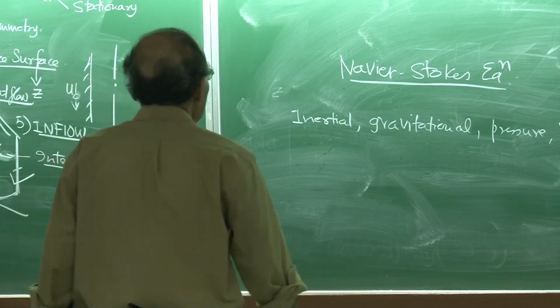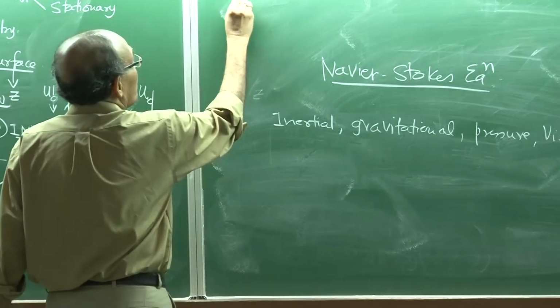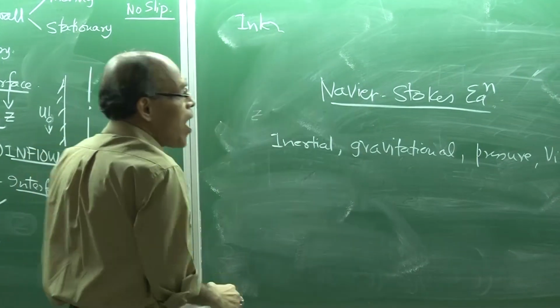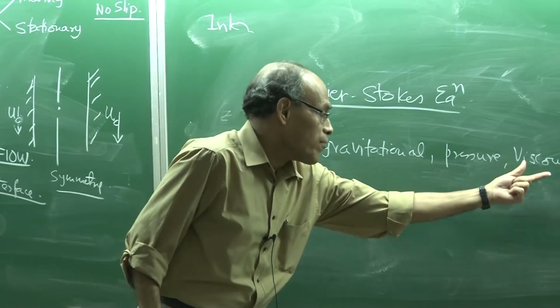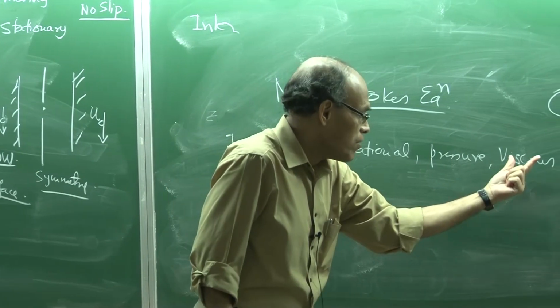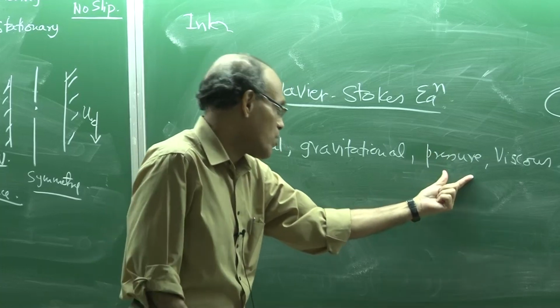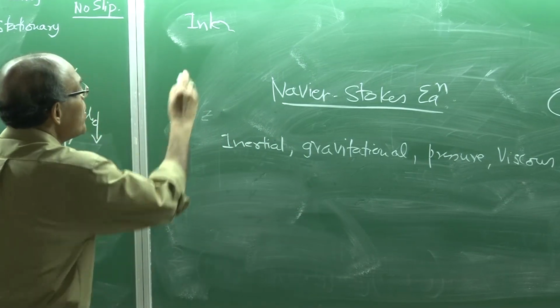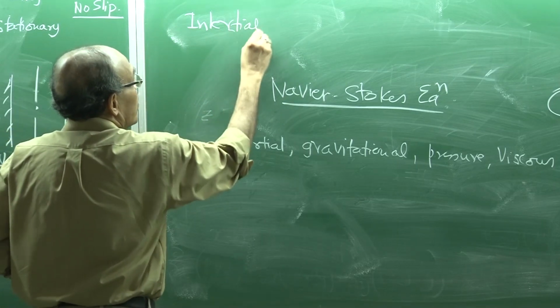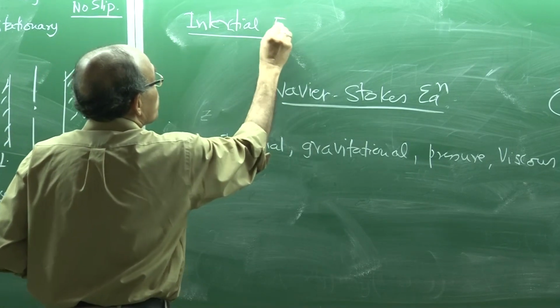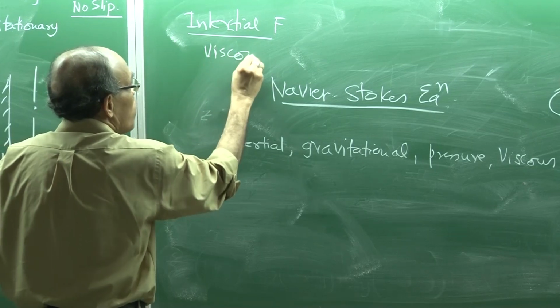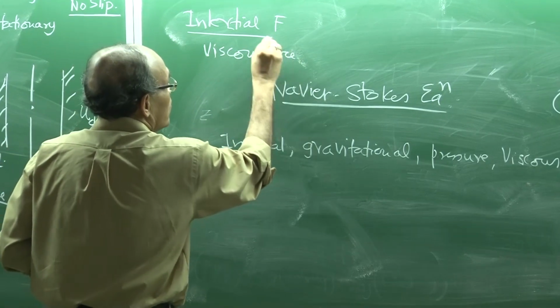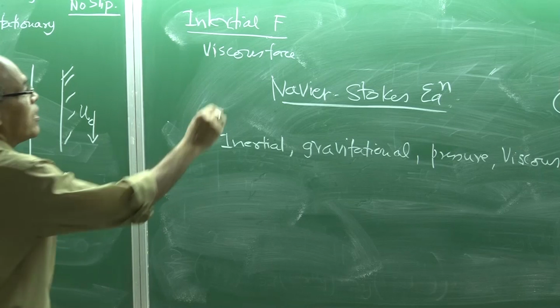For example, if you have inertial by viscous force, I could do the same thing. If I divide by the viscous, then I will get viscous by viscous 1, pressure by viscous 1, gravitational by viscous 1, inertial by viscous 1. The moment I get inertial by viscous, this is inertial force by viscous force. This is called the Reynolds number